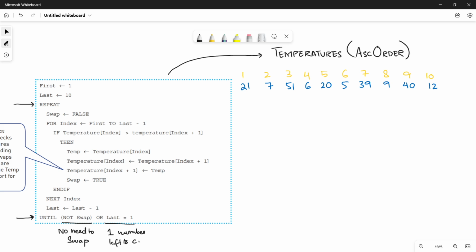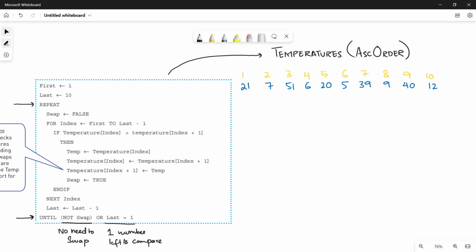So in both the cases, there is no more need to make the items in ascending order because they are already in ascending order. So in both the cases, we don't need the repeat until loop and we will go out of the loop, if either of these conditions becomes true: either there is no need to swap or it is the last number to compare. Now, we will only move inside the loop when there is a need to swap